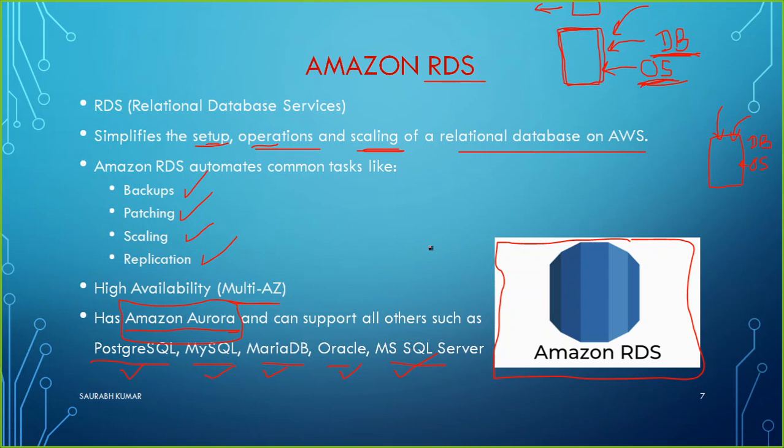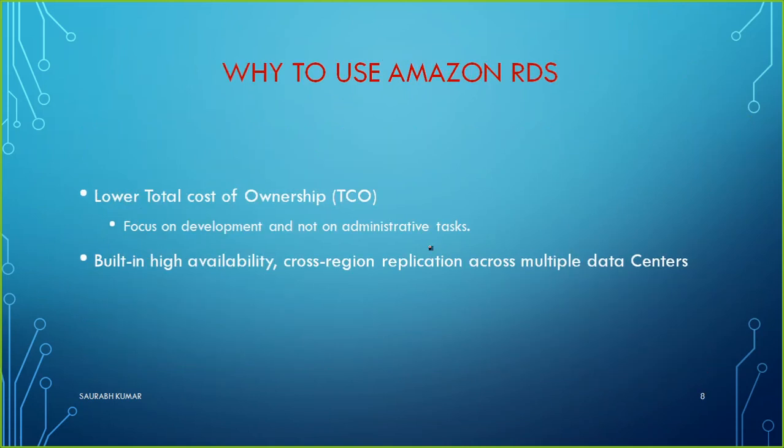So now we are going to move to the next thing, that is, why to use Amazon RDS. For example, if you are working as a system admin of a company, and your boss or any colleague asks you why we should move to RDS, why you should use Amazon RDS, these are the two major points you can tell them. The first thing is lower TCO. TCO means total cost of ownership, because I have already explained that now you don't have to worry much about your power supply, your internet connection, your cooling